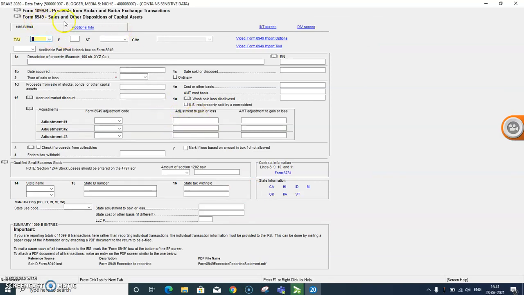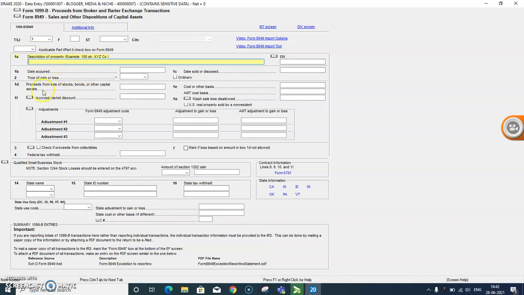Now form 8949, sales and other disposal of capital asset. As I have discussed earlier, if you receive 1099-S for the sale of personal primary property or sale of vacation home or any inherited property, personal capital assets, then you have to report the property details like to whom the property belonged, description of the property, whether it was a residential property or rental property or a vacation home. You have to provide the details of the property.